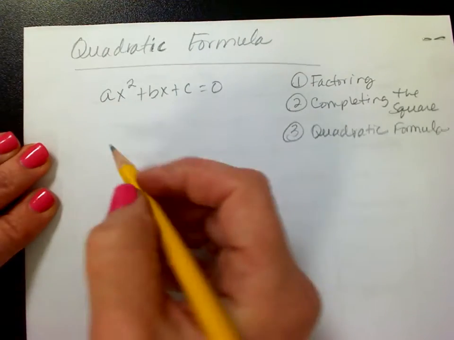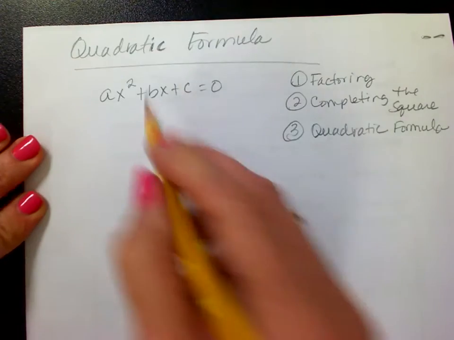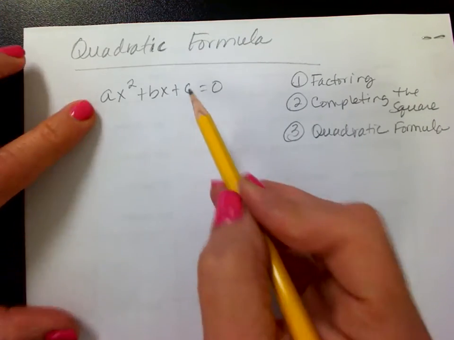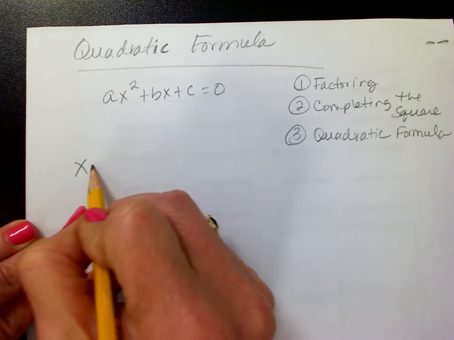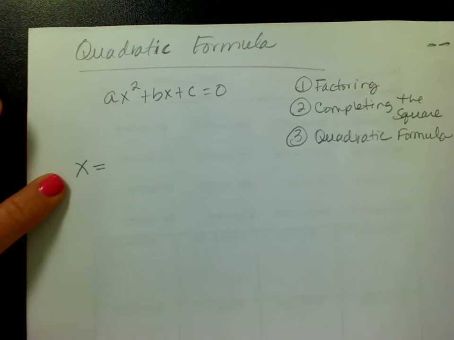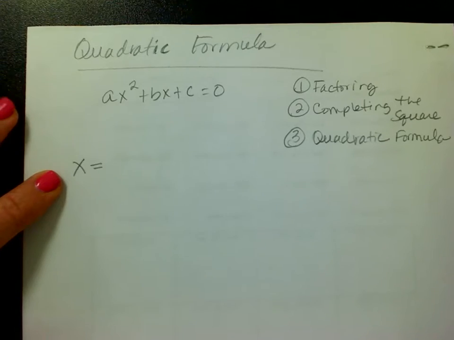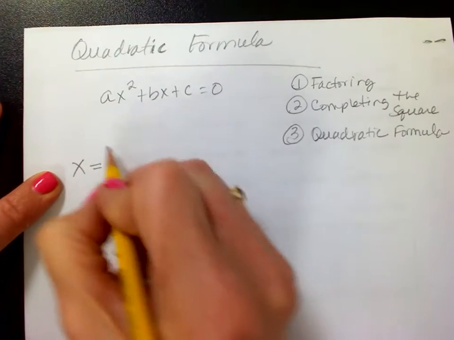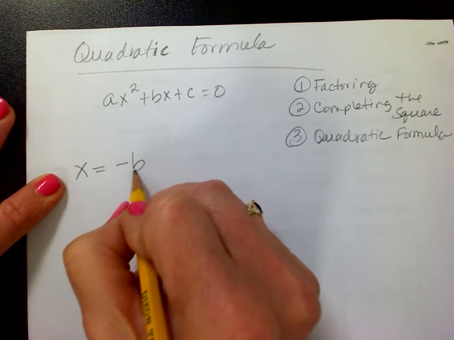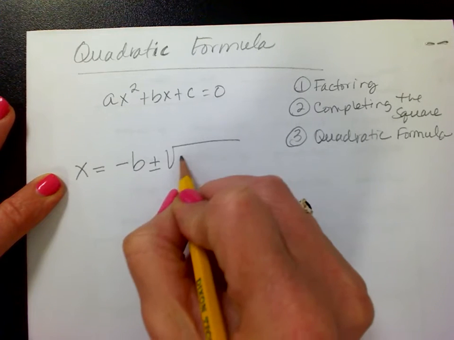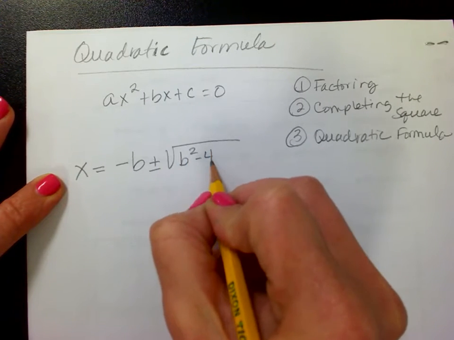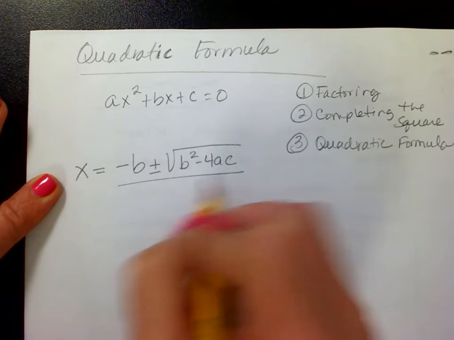The quadratic formula is this, and there's like 12 steps between here and getting to it, but we'll prove it maybe another time. Or when you get to Algebra 2, they'll make you prove it. But this is the quadratic formula. So x equals the opposite of b plus or minus the square root of b squared minus 4ac